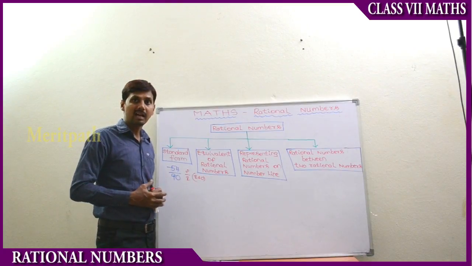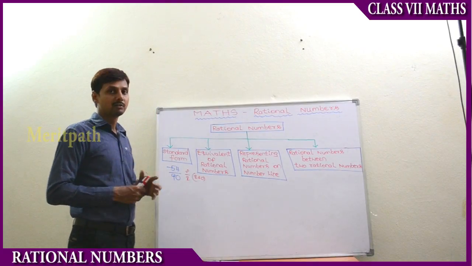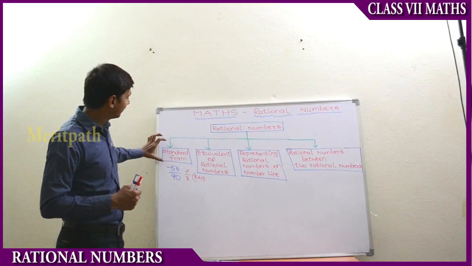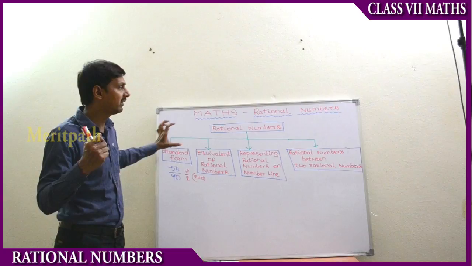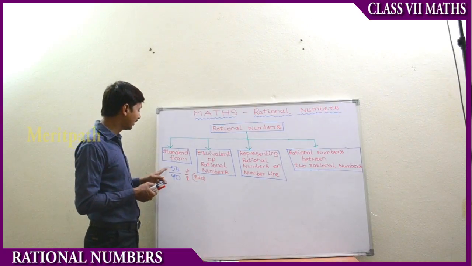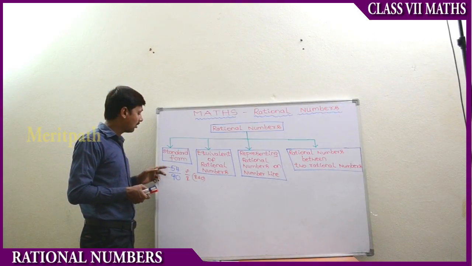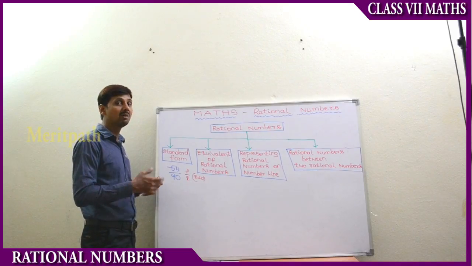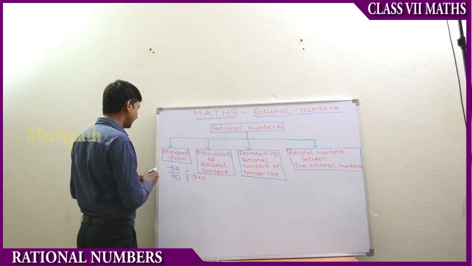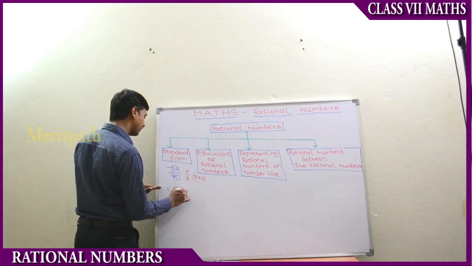So that is simplified, and the two things are simplified, and we say that the number is in the form of standard form of a rational number. So look here, it has a common factor of 2 in the numerator and denominator, so let's simplify this. Let's write minus 54 divided by